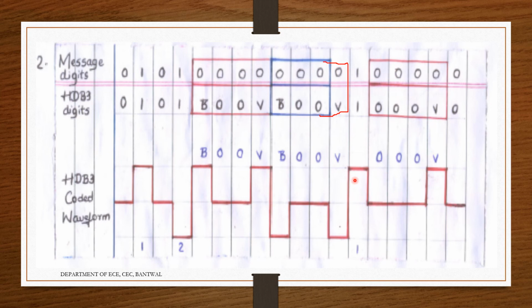So it should become minus 0 0 minus. Then 1 here, then again 1, negative 1: minus plus, minus plus. Okay. Now for this coding technique 0 0 0 0 0 0 0, I have only 1. So it should be odd, and the previous pulse is positive. It should be coded as plus 0 0 0 plus, and it becomes 0 here.